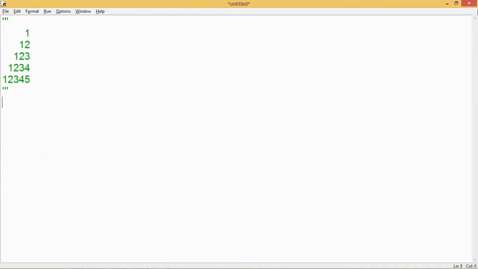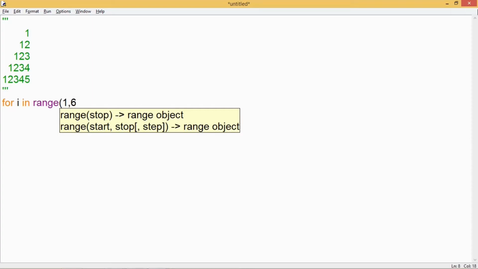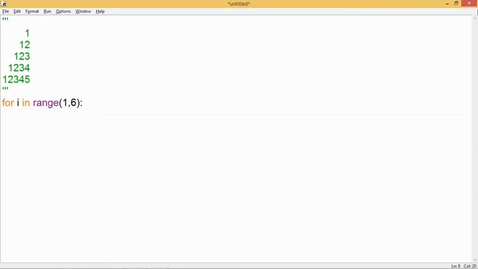Let's consider this pattern of numbers where the number of columns are increasing with number of rows, just like the previous example. But before we get numbers on the screen, there are a few empty places where nothing is printed. These actually contain spaces. So that means before writing the loop for the digits, I'll have to write a statement or a loop for getting these spaces. So first I'll start with the outer loop, which will work for the number of rows. Here I'll write 1, 6. In my examples, I have fixed 5 rows. You can change it according to the value which can be given by the user also.